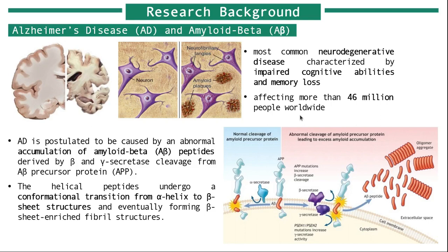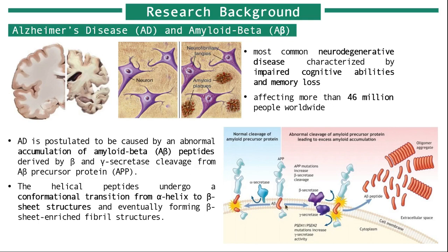So this experiment was conducted for Alzheimer's disease. Alzheimer's disease, AD, is a common neurodegenerative disease characterized by impaired cognitive abilities and memory loss. AD is believed to be caused by amyloid plaques and also tau tangles. The amyloid plaque is produced by the AB fibril, where the AB fibrils are produced by the accumulation of amyloid beta peptide. Here is the AB peptide, derived by the beta and gamma secretase cleavage from the AB